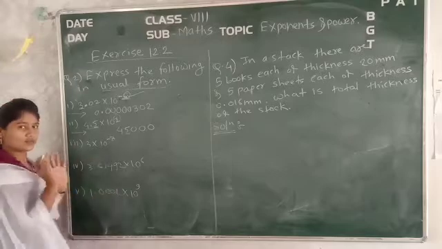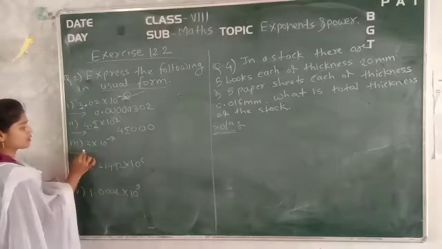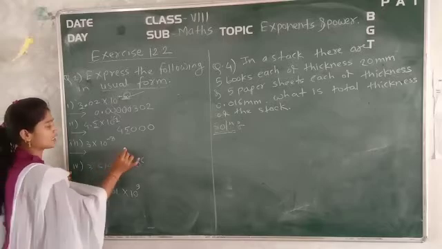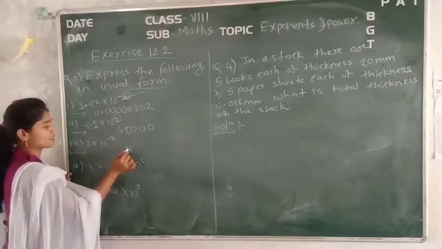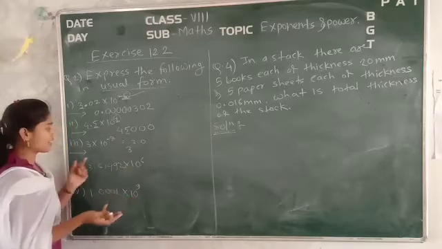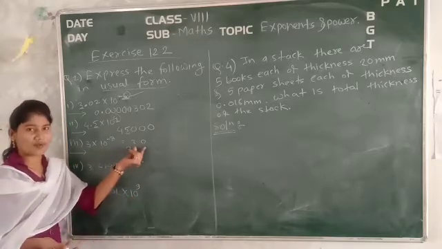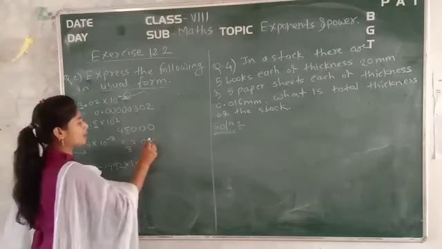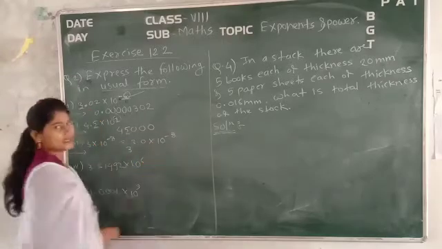Okay. So now just tell me what will be happening. Now 3 is there, a single digit. No decimal point is there, only a single digit. For this 3, can we write 3.0? We can write this 3 in the form of 3.0. It is nothing but 3 only, na? Okay. So it is multiplied with 10 to the power minus 8.